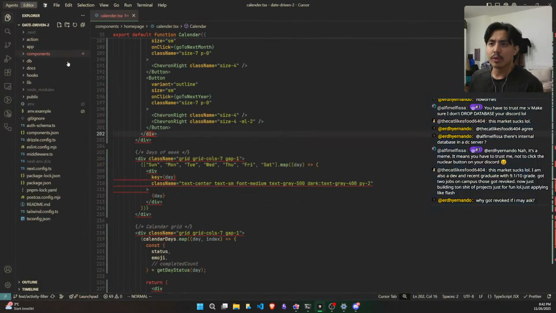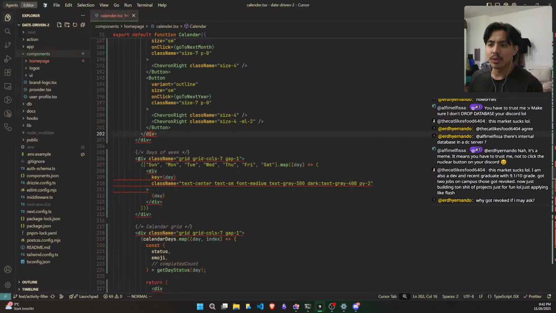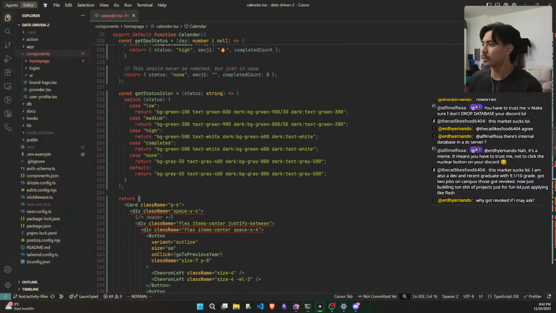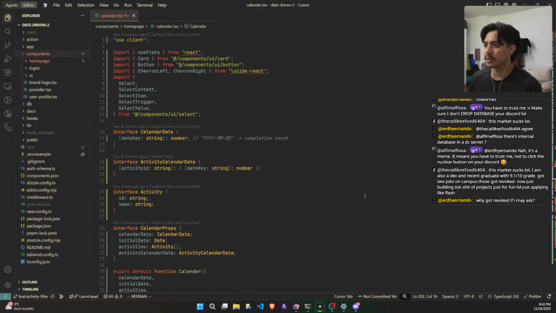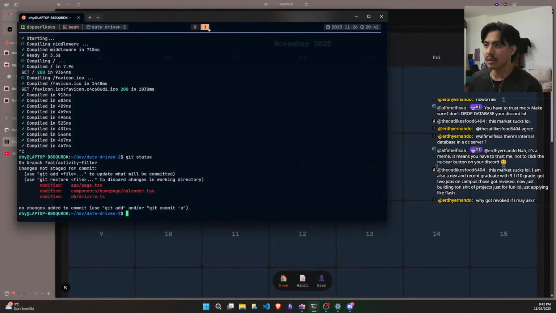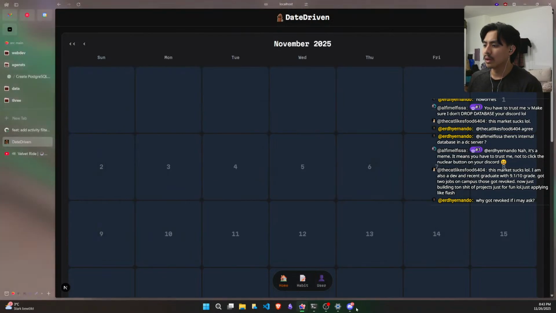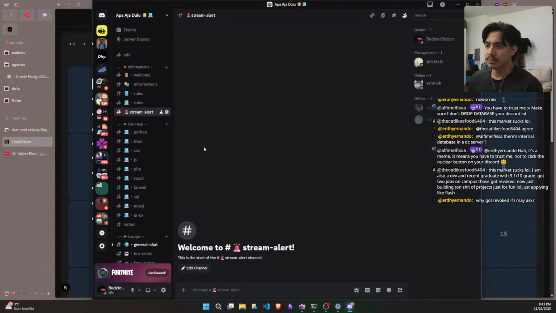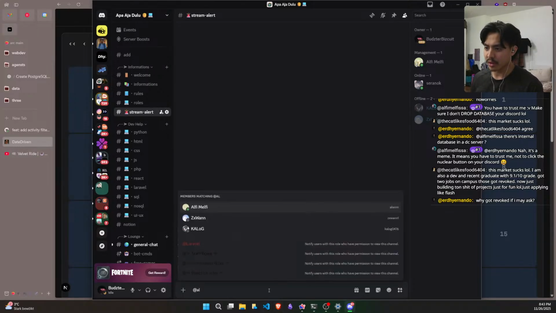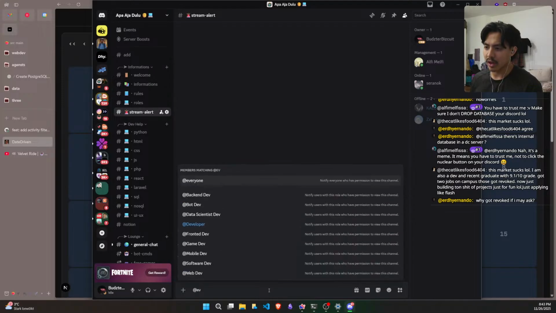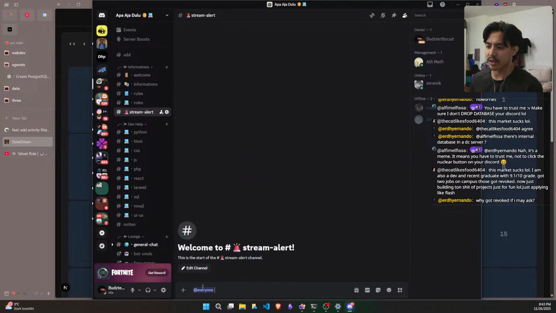There has to be some wrong configuration setup that causes all of this error that just doesn't make sense. Should I probably close it first? Let's close it first. Can I ping everyone? I can ping everyone. Thank you. Okay, nice. I'm gonna ping you guys on Discord, so sorry if it's loud.